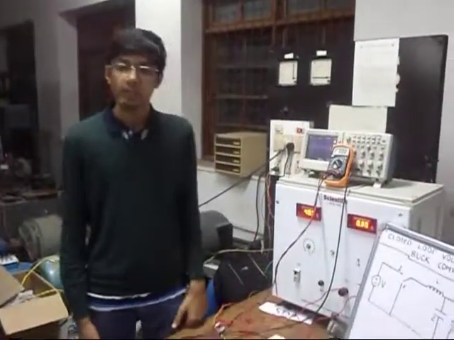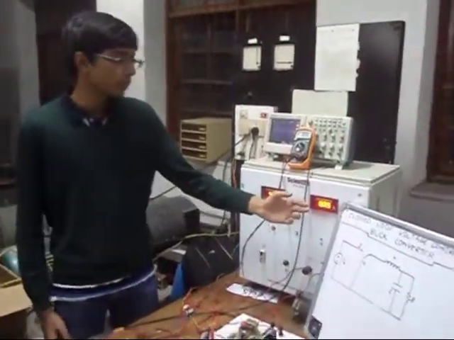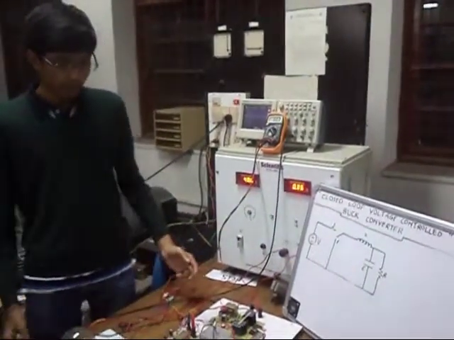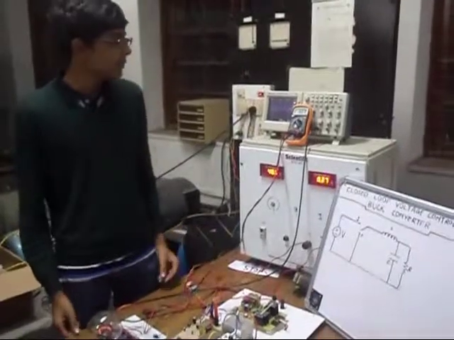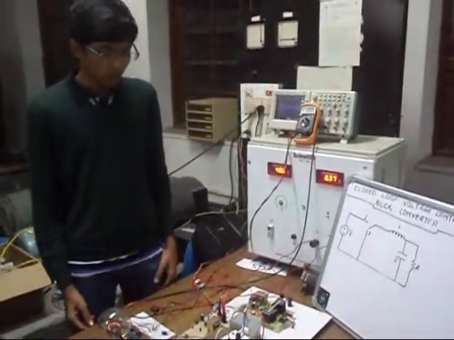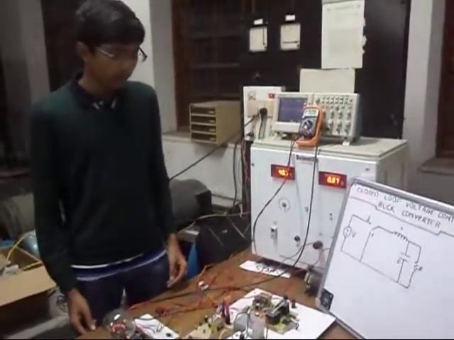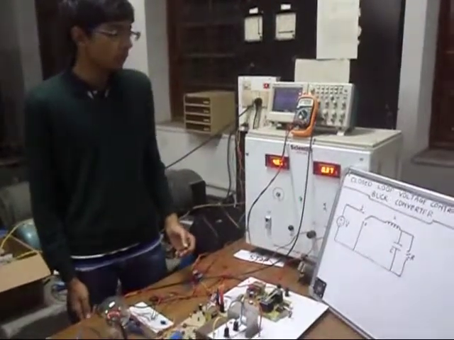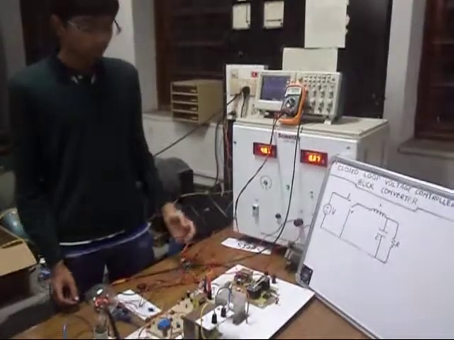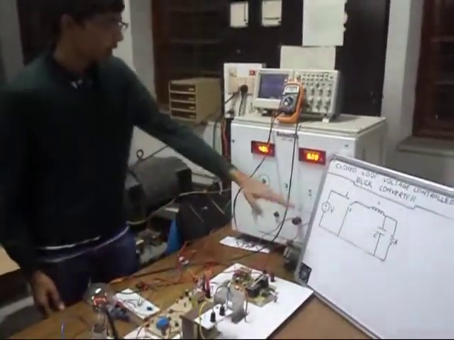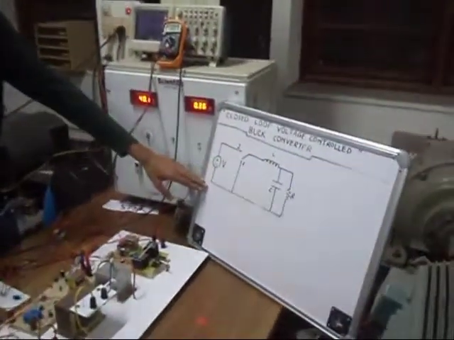Hello, I am Viraj Shah, and this is a closed loop voltage controlled buck converter. It is mainly devised to convert fluctuating higher DC voltage to a constant DC output. So we can use it in solar panels, because the solar panel output is varying, and if we need constant output for our load, this kind of circuit can be used. Here is the simple circuit for a closed loop buck converter.